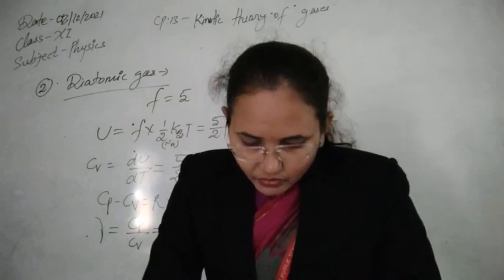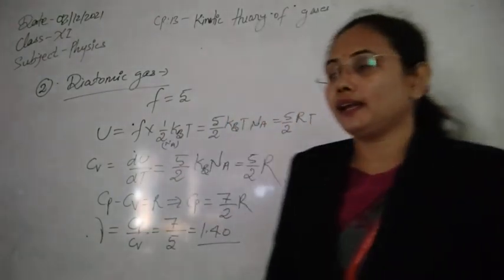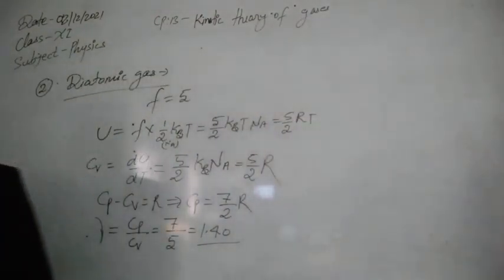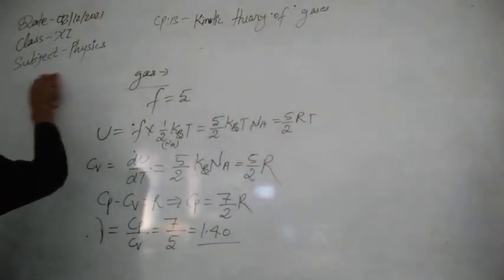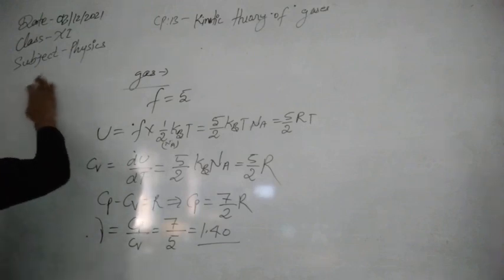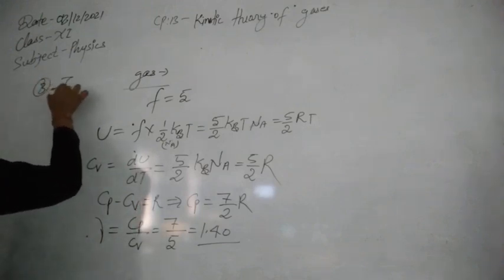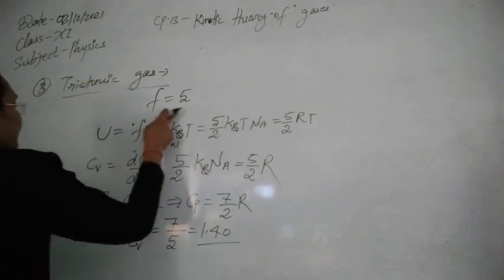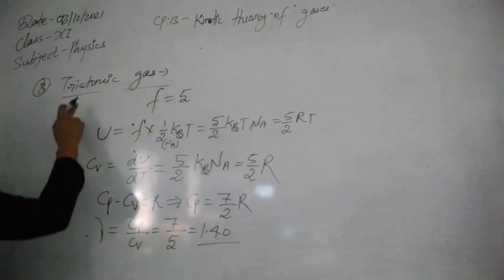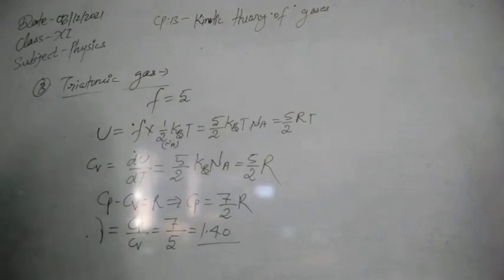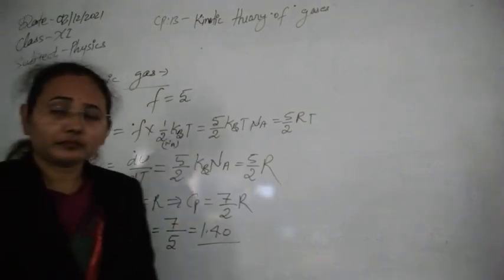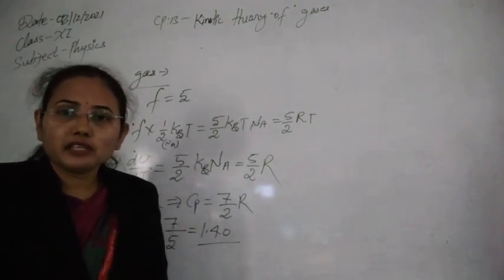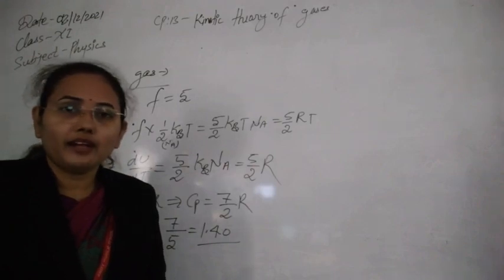Now in the same manner, we can calculate the atomicity of the triatomic gas and also the specific heats of the triatomic gas. So let's see our third derivation using the law of equipartition of energy, now for the triatomic gas. Again this whole thing will be the same, and as you know, in the triatomic gas two kinds of arrangement of the atoms are possible. Atoms can be arranged either in a linear way or in a triangular way.